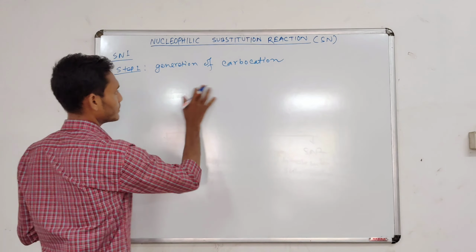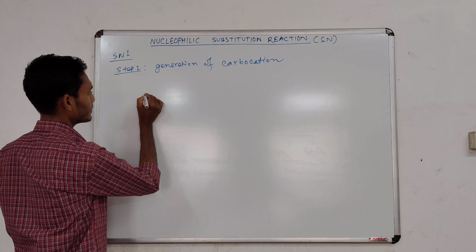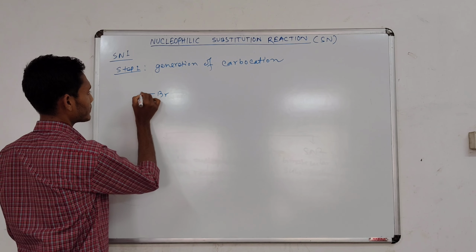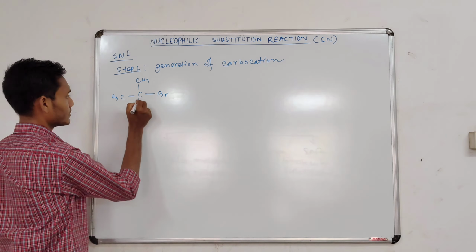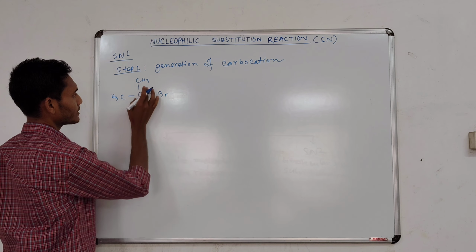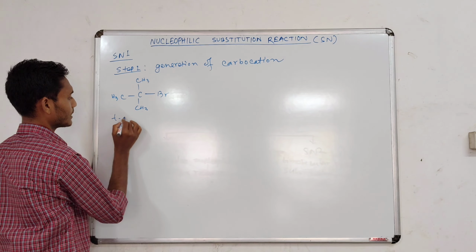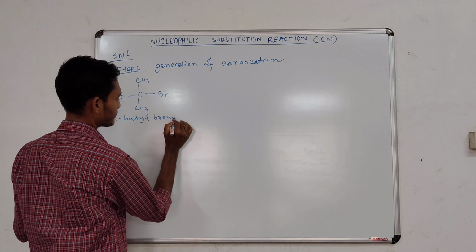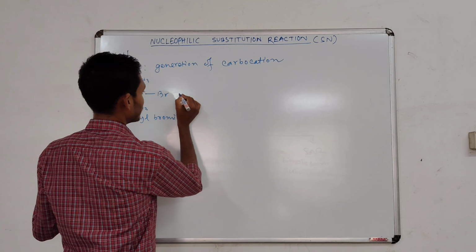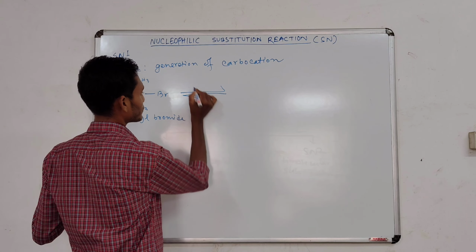If we take a haloalkane, that is (CH3)3CBr, this is tertiary butyl bromide, and if we add a polar solvent,